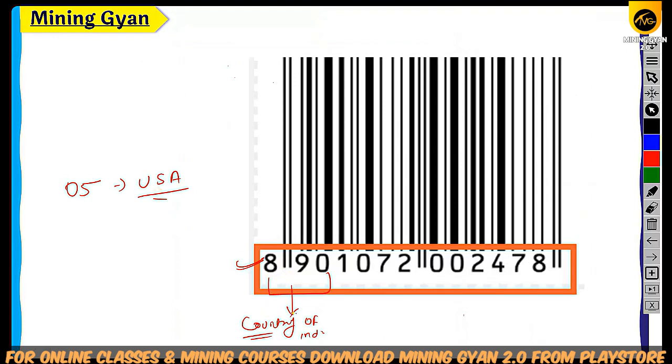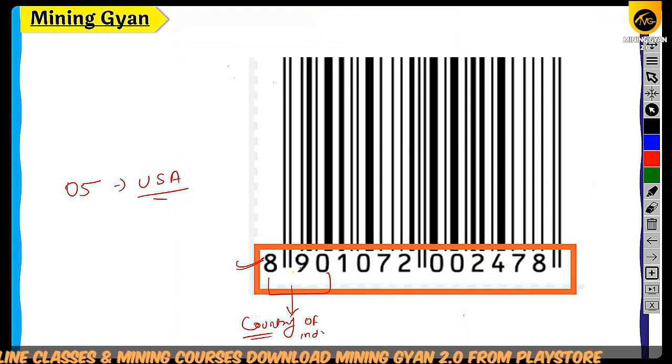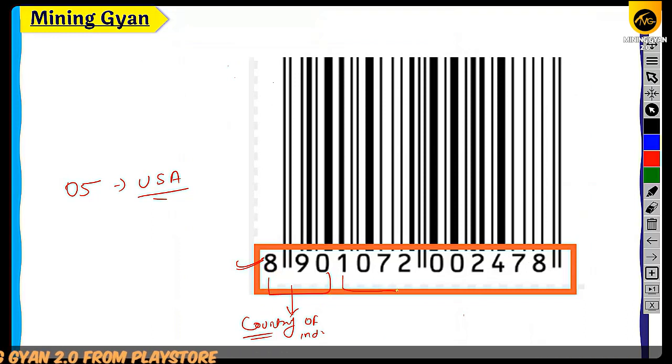If there is 890, then you can understand the product is manufactured in India. So the first digits are called the country code, and 890 is the country code of India. Then the next 4 digits